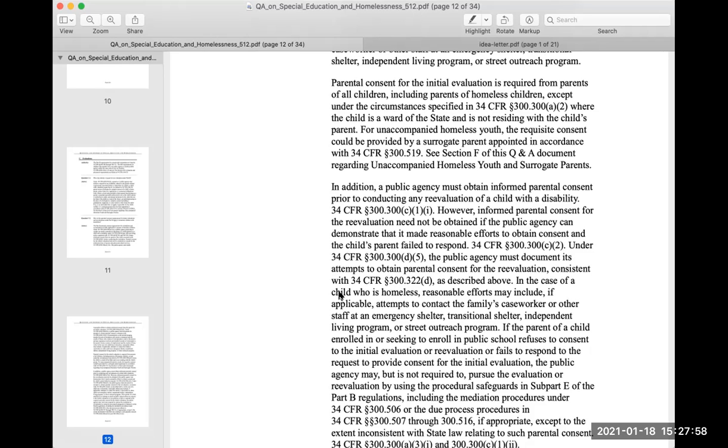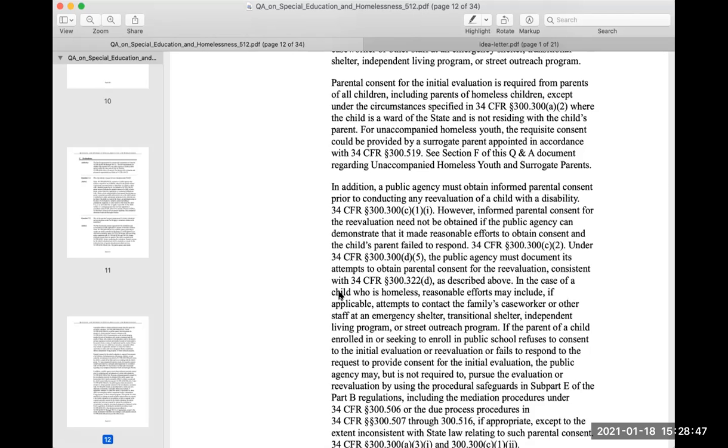In addition, a public agency must obtain informed parental consent prior to conducting any reevaluation of a child with a disability. 34 CFR paragraph 300.300(c)(1)(i). However, informed parental consent for the reevaluation need not be obtained if the public agency can demonstrate that it made reasonable efforts to obtain consent and the child's parent failed to respond. 34 CFR paragraph 300.300(c)(2). Under 34 CFR paragraph 300.300(d)(5), the public agency must document its attempts to obtain parental consent for the reevaluation, consistent with 34 CFR paragraph